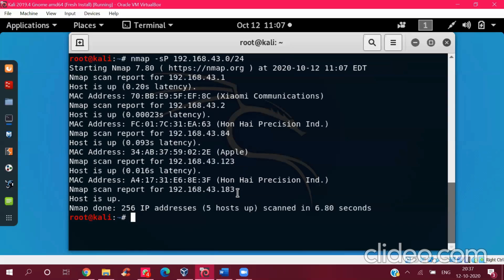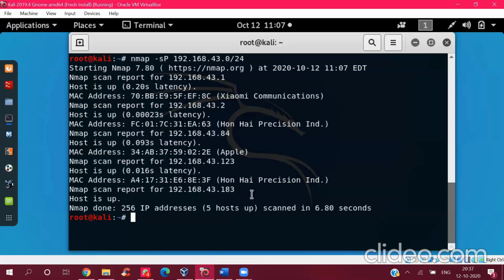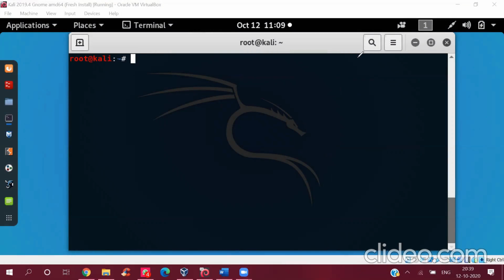But we'll also need to check for open ports. Just finding these IP addresses is not going to be enough. So now we'll move on to the second step, which is to check for open ports. Once you know which IP addresses are active, we also need to find what ports they're listening on.